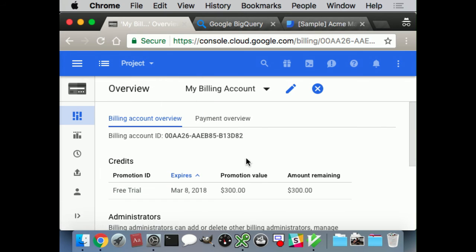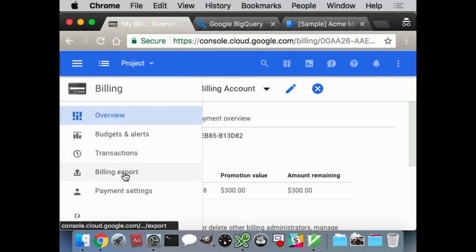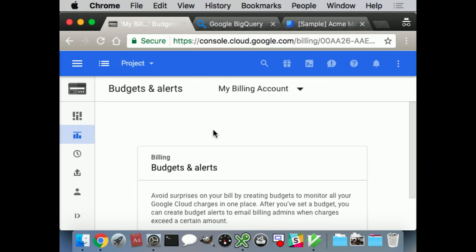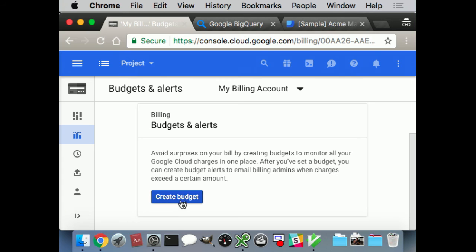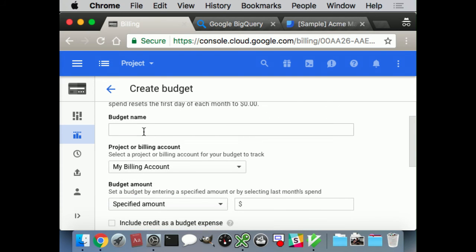All right, so here's my billing account, or this is the Google Cloud Console. And so I have my billing account for this particular set of projects. While we're here, we can take a look at some of the different pages that Vic talked about. So here we have the budgets and alerts page. You can say, create budgets. You can give it a name,